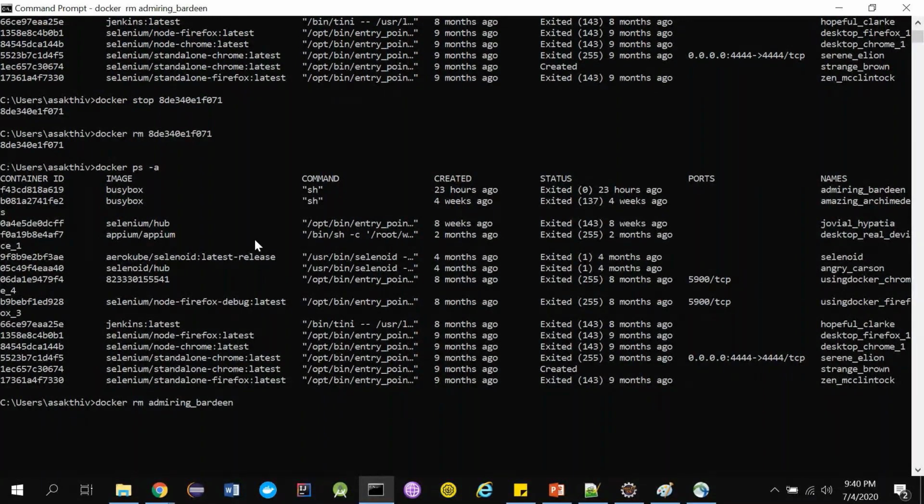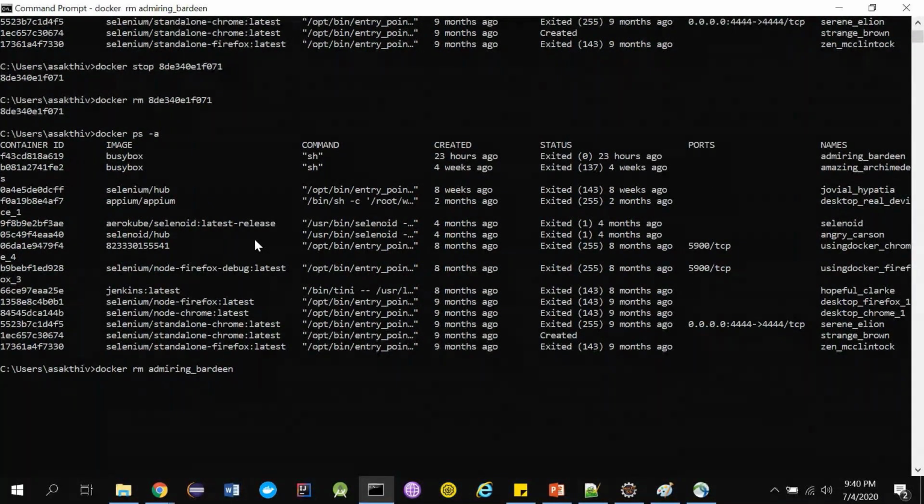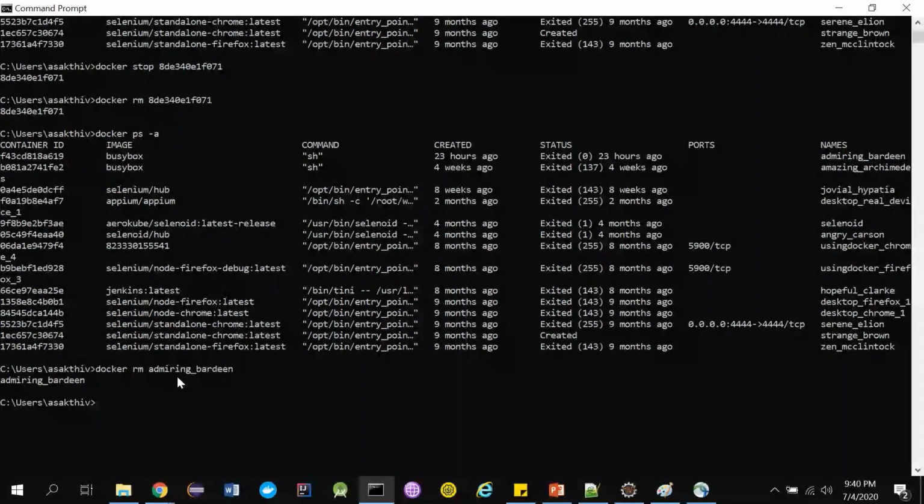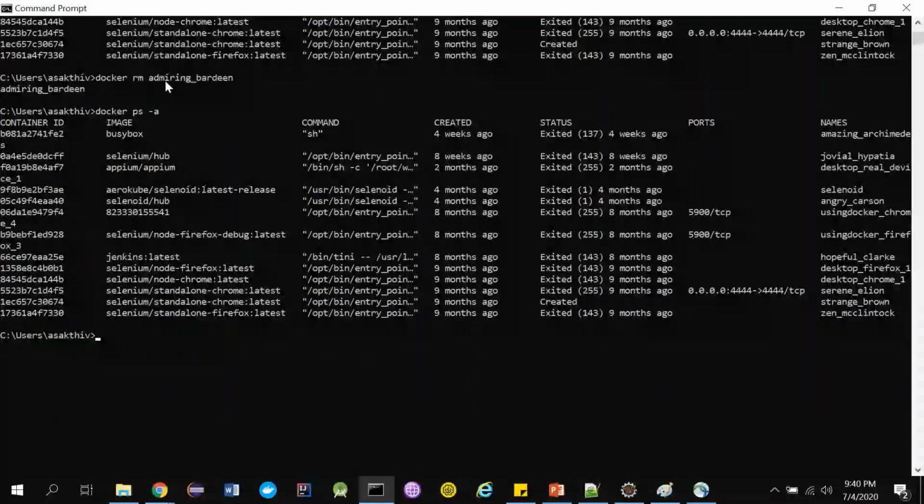It's always a very good practice to name a container, right? So, docker rm admiring Bardeen. It's been removed now. If I check again with docker ps hyphen a, there is no admiring Bardeen anymore. To remove multiple containers, you can give a space and give another container ID so that it also gets removed.